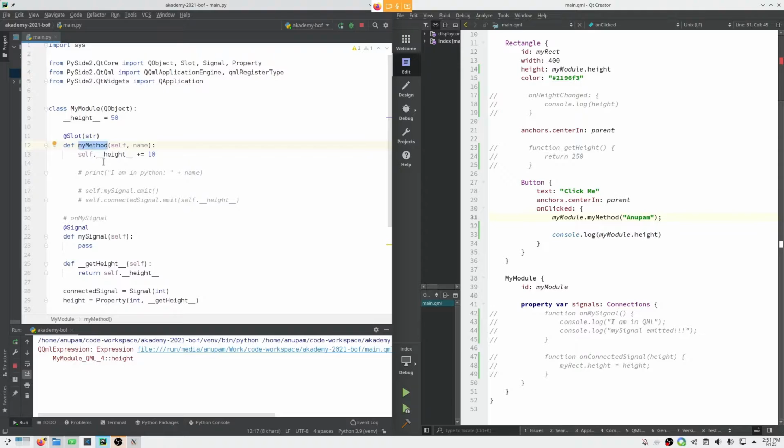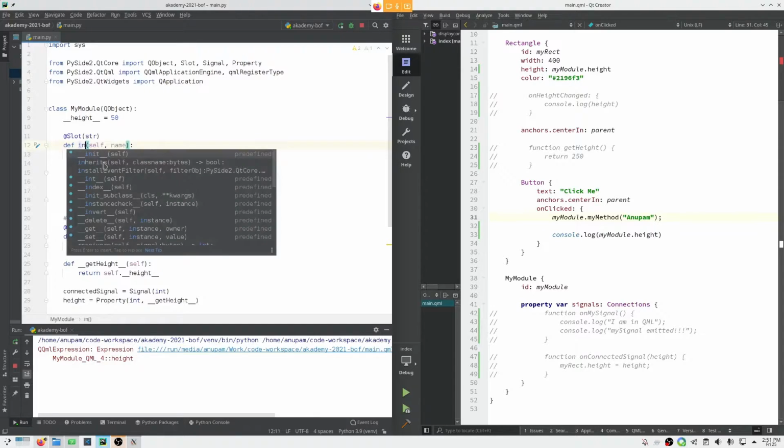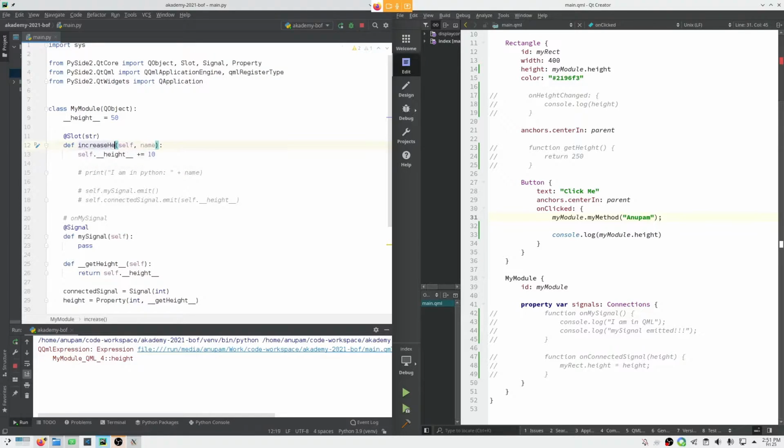Now instead of calling it my method, I wanna declare this as increase height, which should increment the value by 10, and the value of this height property is being exposed as a property from here.